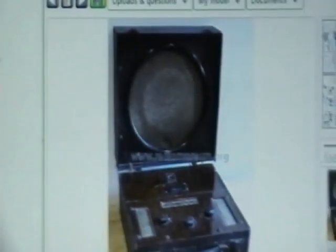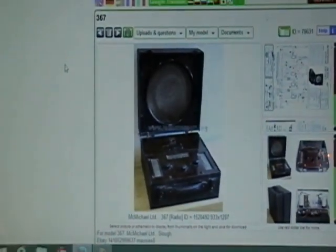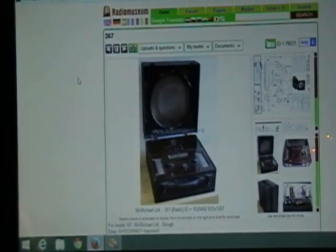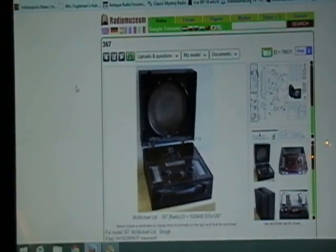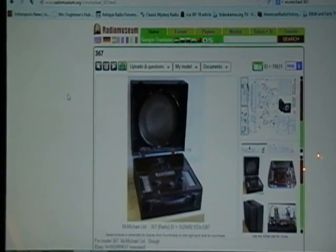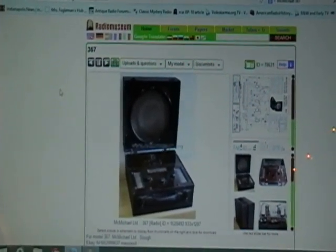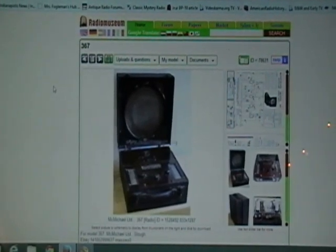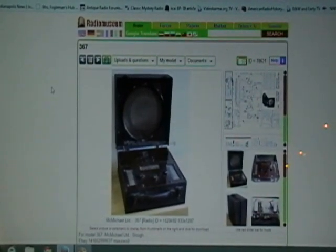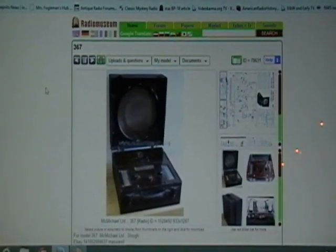I've had a lot of people ask me how I design and produce reproduction battery covers. So I decided, why not produce a video, show how the whole process is done from start to finish, and that includes designing one. What you see here on your screen is a McMichael 367 portable radio,